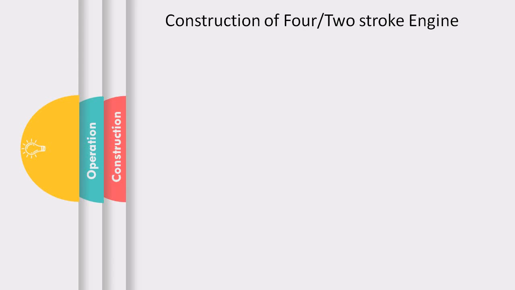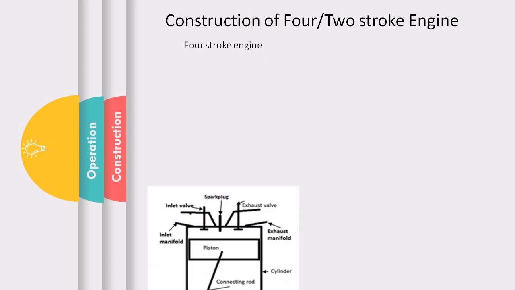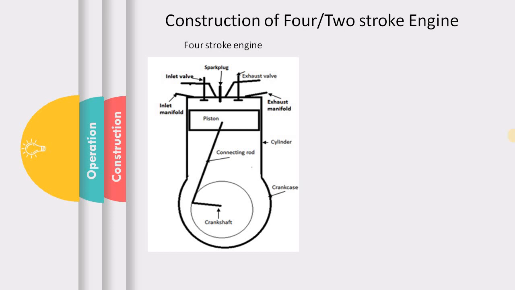We will be first comparing the construction of a two-stroke engine with a four-stroke engine. So a four-stroke engine is something like this. Here we have a piston cylinder arrangement connected through a connecting rod and a crankshaft. So the piston is supposed to move up and down, and the four strokes of this piston are available for